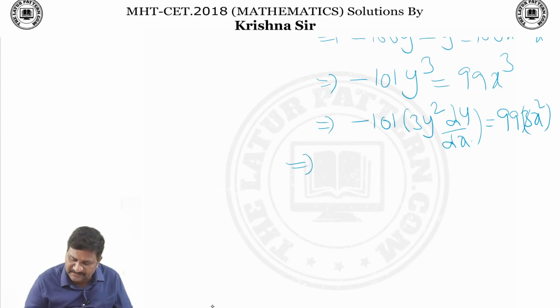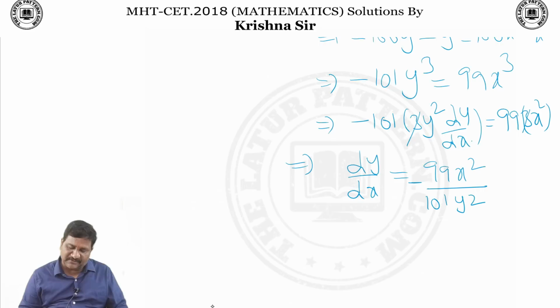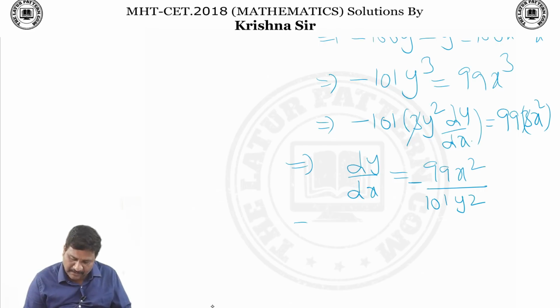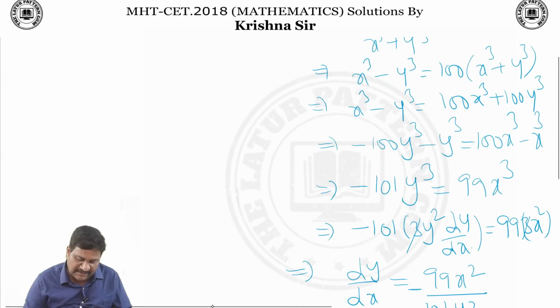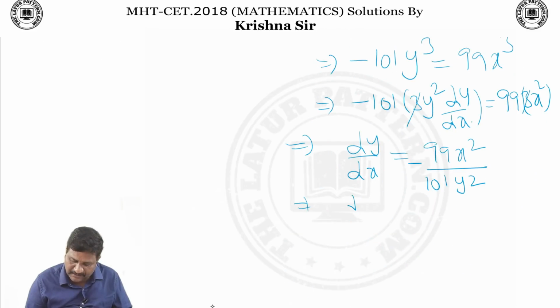Now on both sides, the 3 will get cancelled, and dy by dx is equal to 99x square upon 101y square with minus. You take this minus to this side. Now the dy by dx we want in only x and y. So for that, dy by dx is equal to, now see here, from this